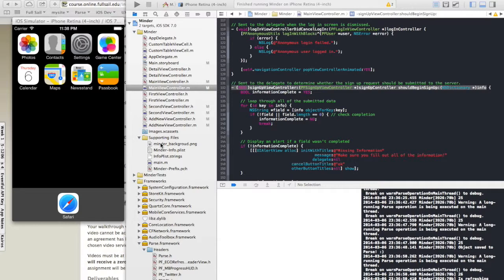storyboards. This is the first time I've ever used them. I made it, and they do work differently. And some of the prototype cells, the dynamic prototype cells, do work differently, so old code doesn't really work in certain instances. I learned that fast, and it burnt my whole day today. But fortunately, I was able to overcome that. So anyways, we're going to take a look at the app